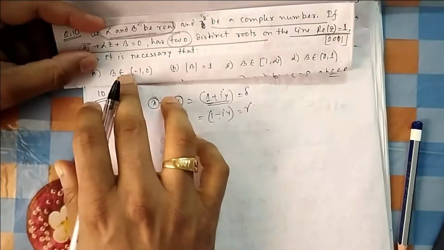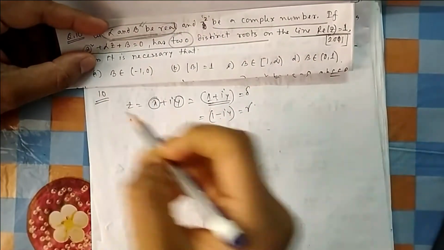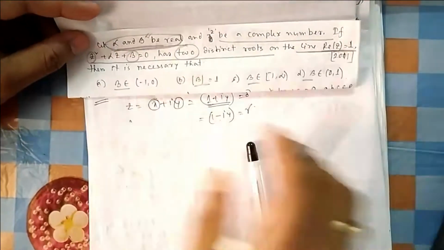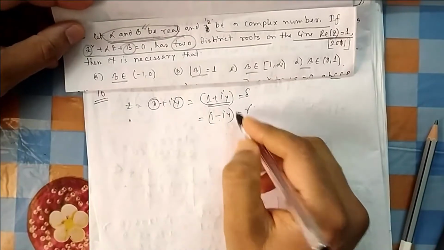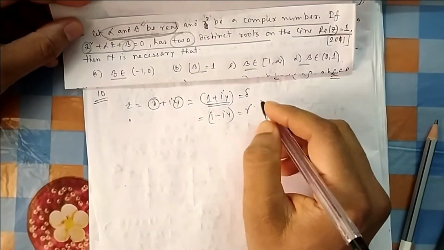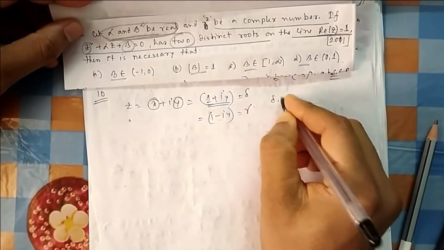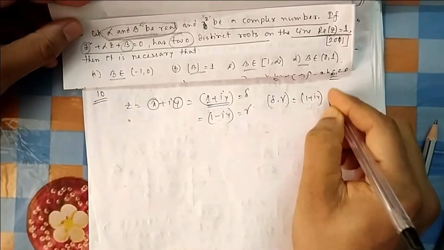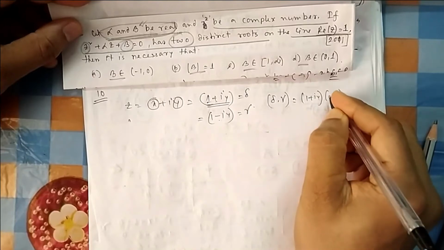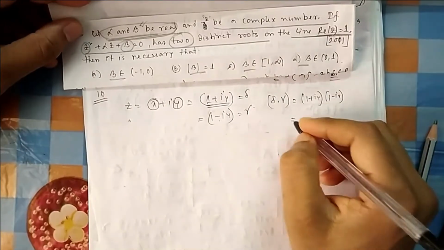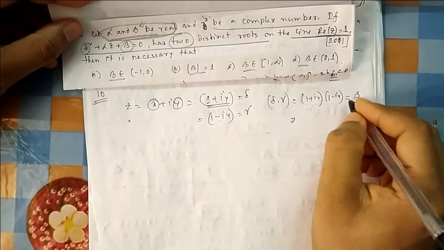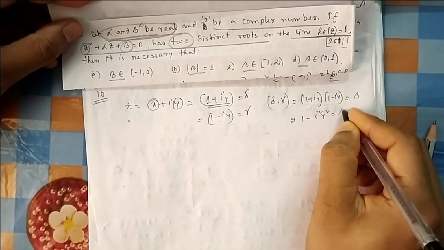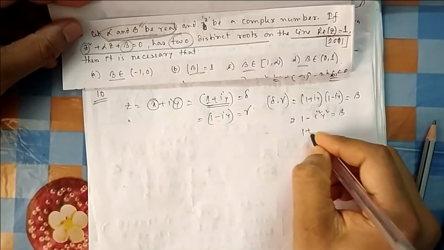Now if you see the options, what should be our approach? They are asking about beta. So from where will beta come? Beta is C by A. Beta will come if you take the product of these two roots, delta into gamma. What will be the product? 1 plus iy into 1 minus iy, and that is equal to nothing but beta, C by A. So A plus B into A minus B is A square minus B square. Y square is minus 1, so it is 1 plus y square.